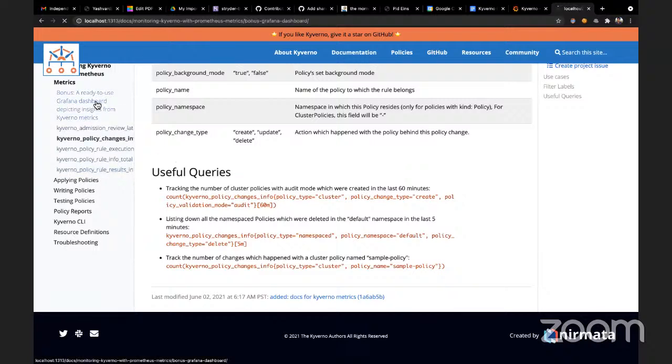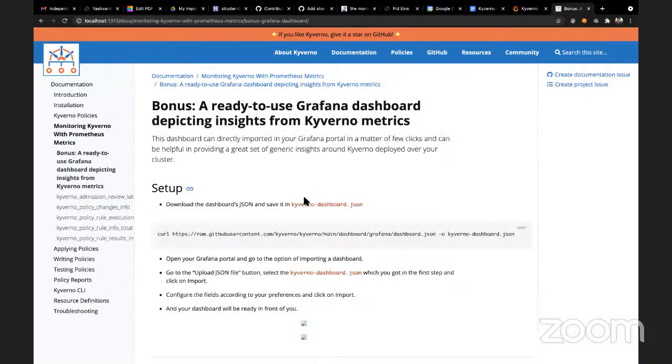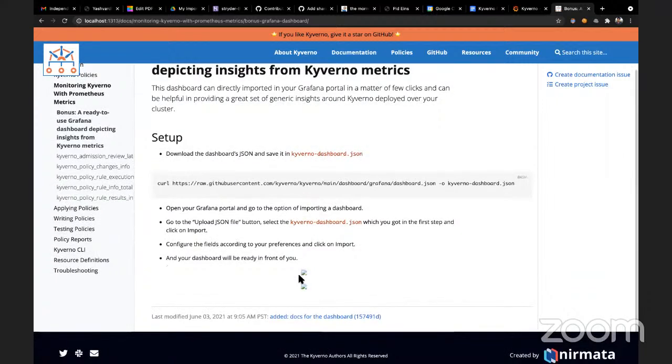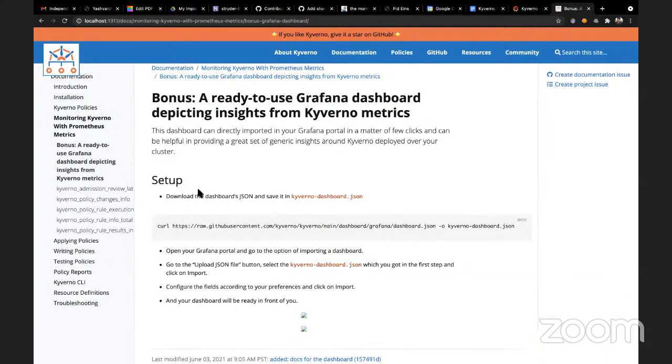And if I go quickly to the documentation of the ready-to-use dashboard, the idea is pretty straightforward. Right now the images are not being populated, but once it gets merged, they will be, because it's trying to read from a place which will be available once the PR is merged. Anyways, the idea is pretty straightforward: we basically want to absolutely streamline importing the dashboard for the